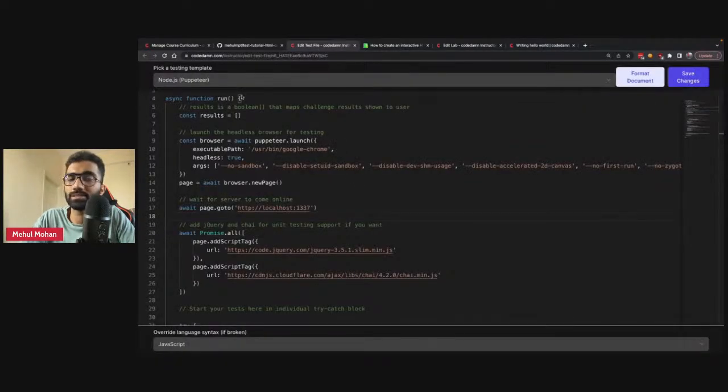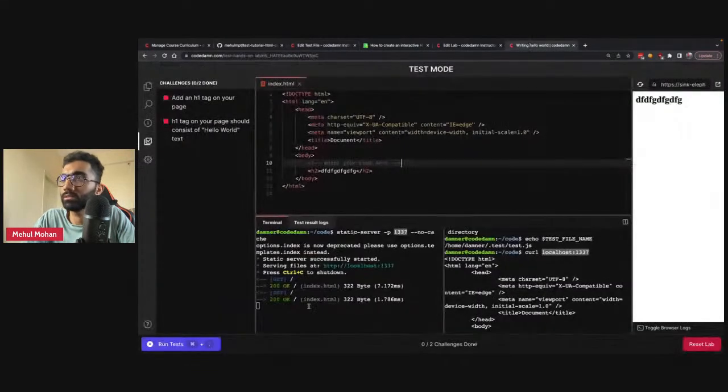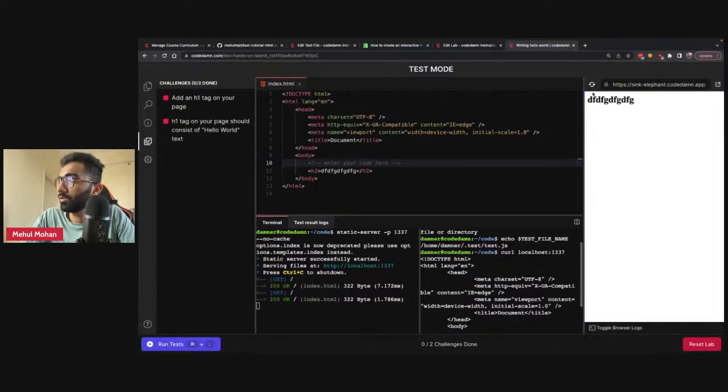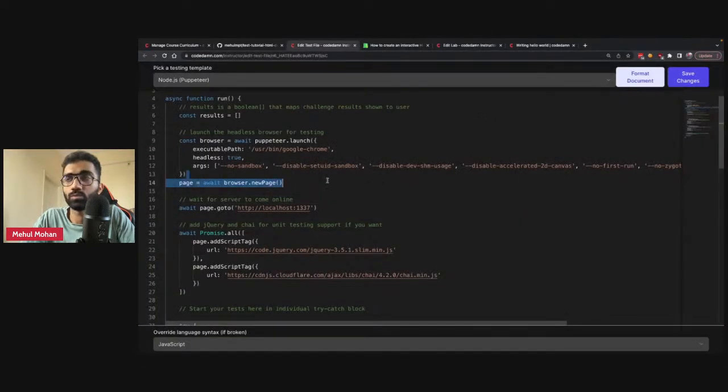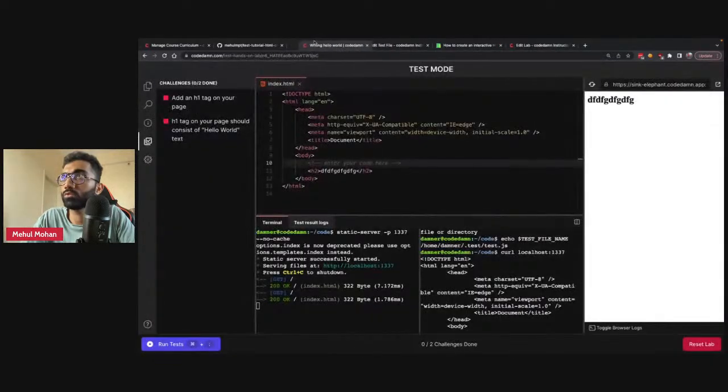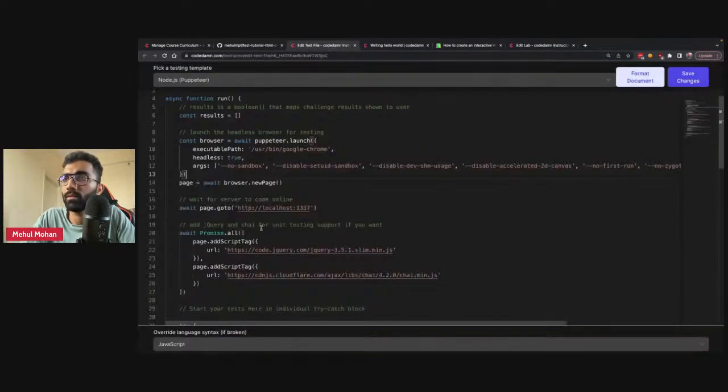Why? Because this test script is running inside the container itself, right? So this test is happening within this particular container. Make sense? This is what the Puppeteer browser is visiting: the index.html page which we created earlier.